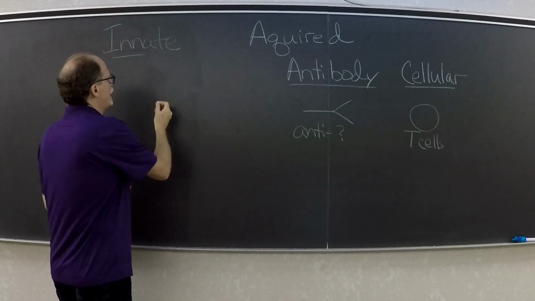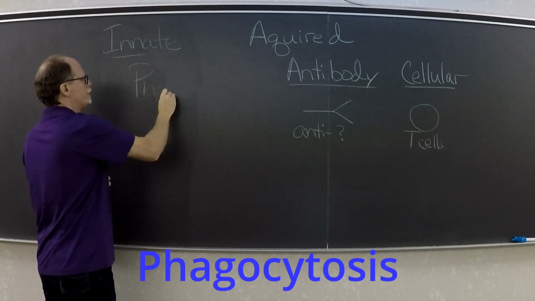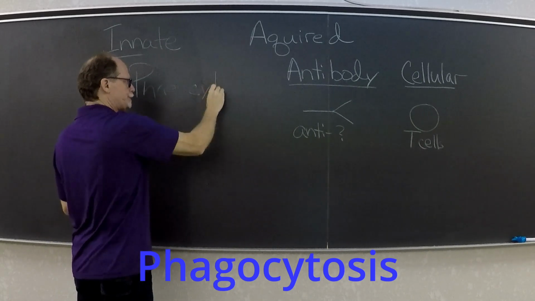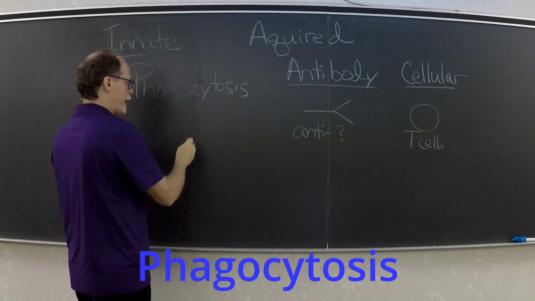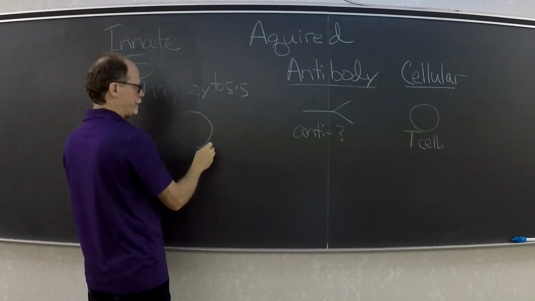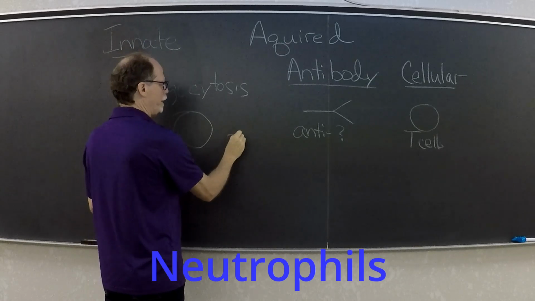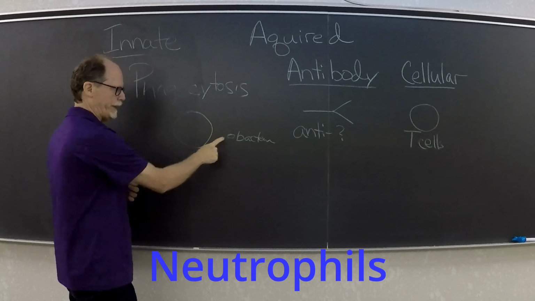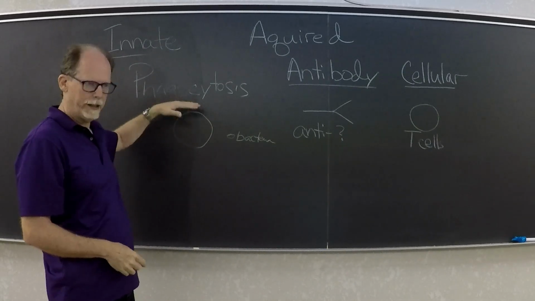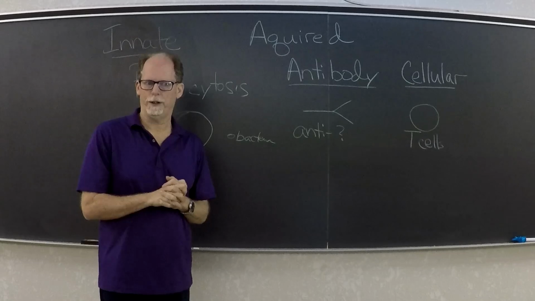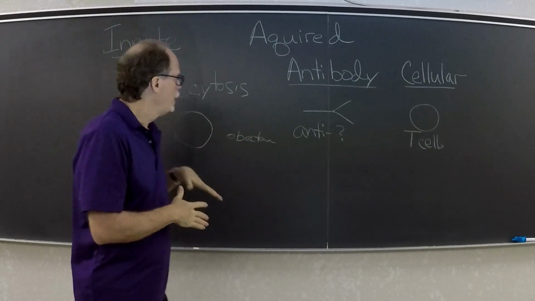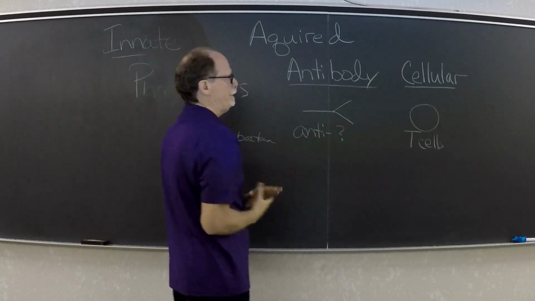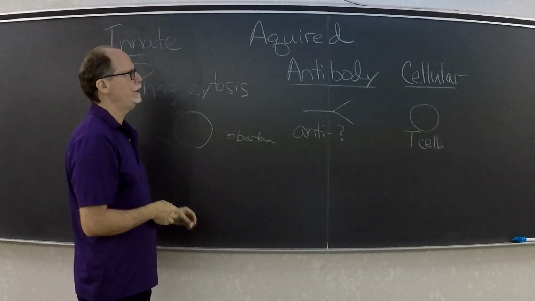We have what's called phagocytosis, right? That's when white blood cells, like neutrophils, come along and eat a bacteria. Say that's a little bacteria, then the white blood cell, the phagocyte, comes along and eats the bacteria. Okay, now the big difference between this immunity and acquired immunity is that acquired immunity relies